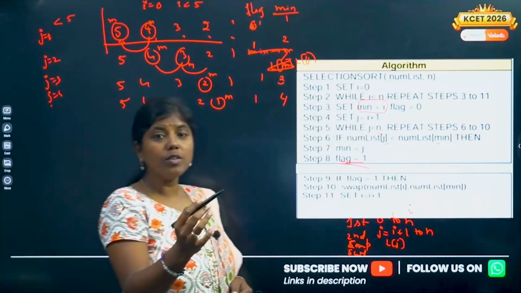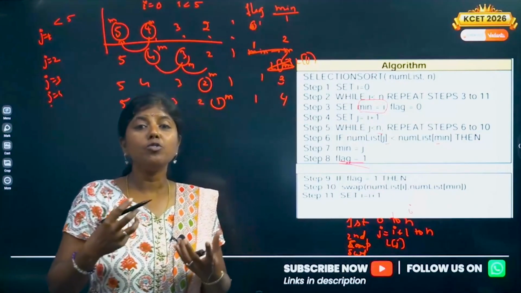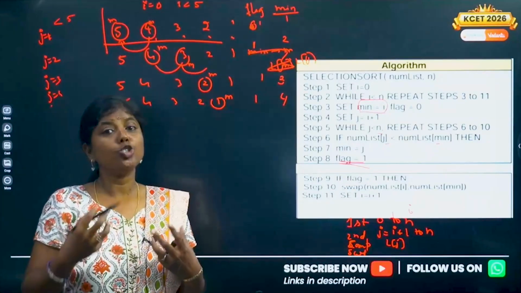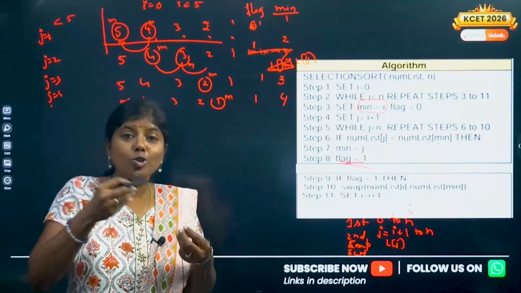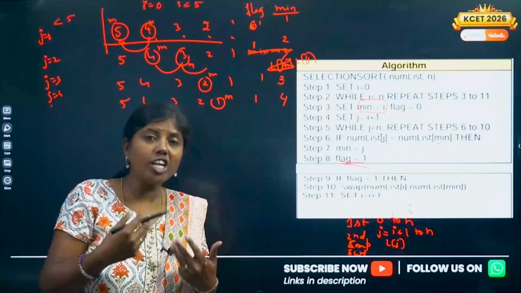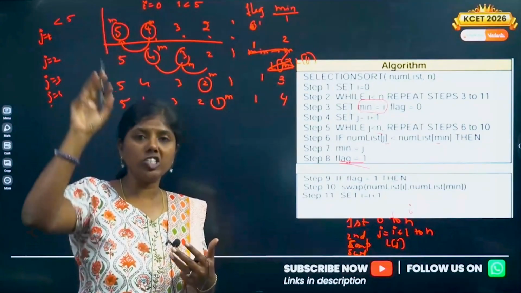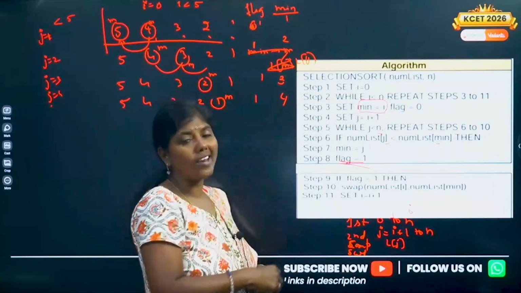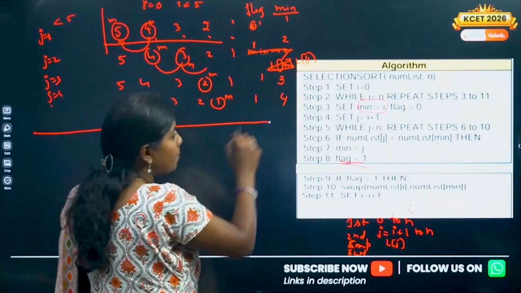When it comes out of the loop, what I'm trying to find here in selection sort is the minimum element by its index. Store the index. Minimum element only I'm trying to find, but store the index. Whenever I've changed the minimum value, I have to ensure that I've recorded it by making a status variable, flag, set to 1. Now what we will do, we will swap it.